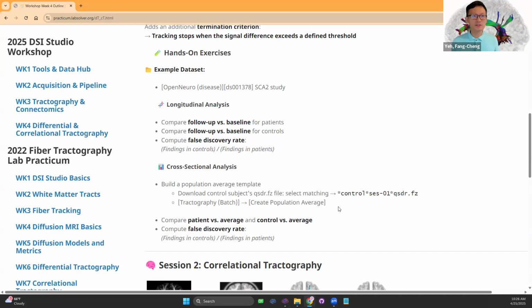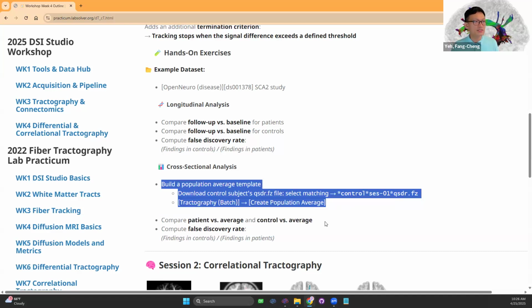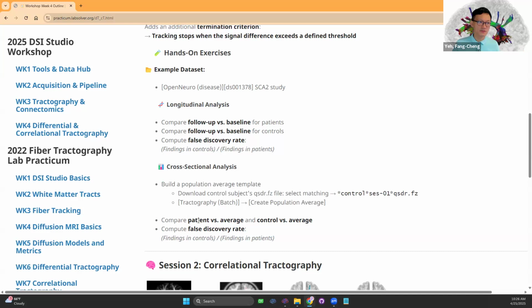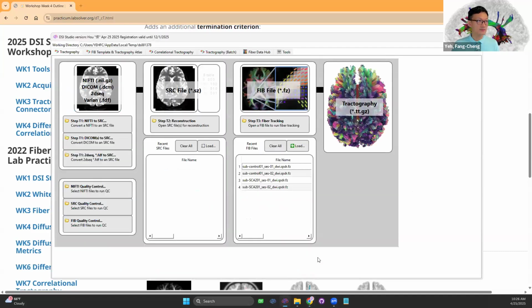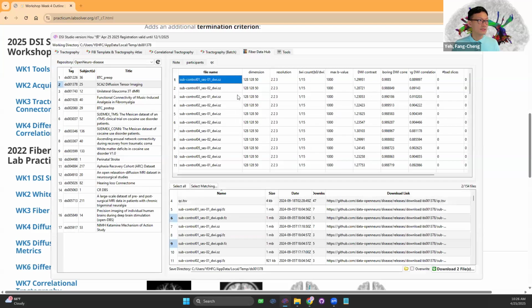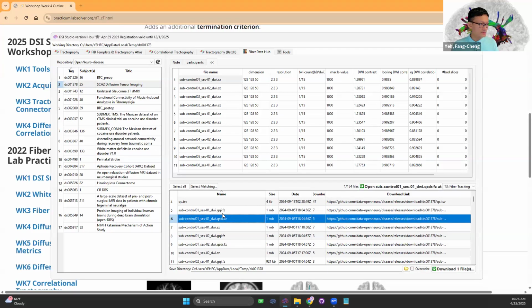What we can do is, first of all, create a good average across the healthy subjects and use it as a standard template for comparison. So the first step is to average across all the control subjects, and then we can compare patient with healthy control. To do this, we need to go to the data hub and download all the control subjects' data,